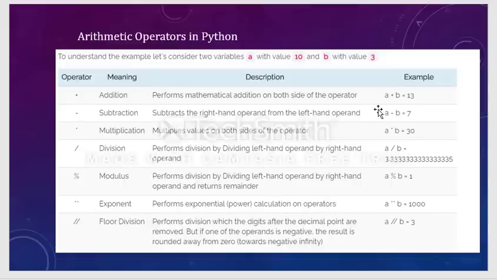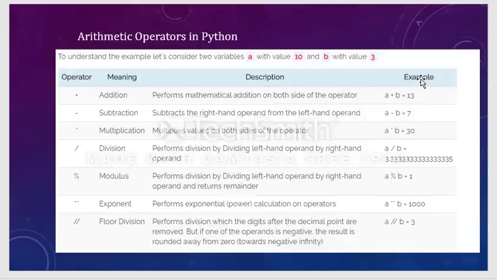As you can see in this slide, I'm taking two values, a and b. I'm giving the values for a as 10 and b as 3, and performing the operators on them.